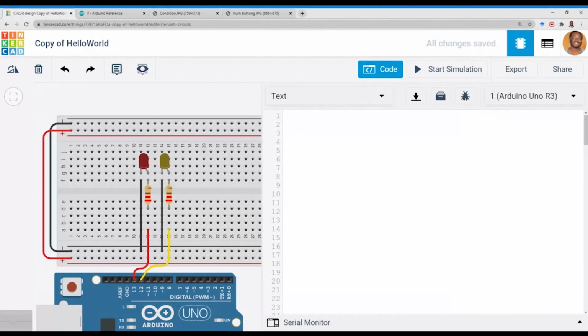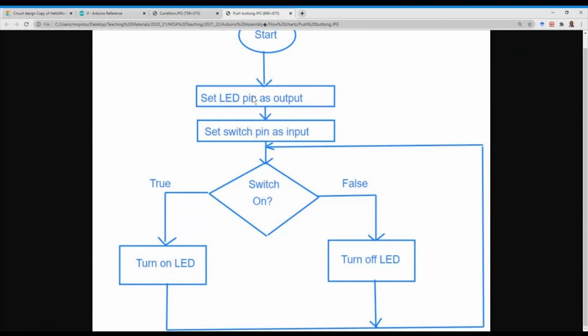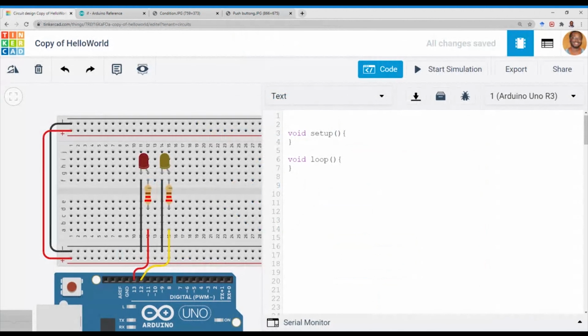So as usual, you start with our two functions. So we have void setup and void loop function. So as we expect, we set the LED pin and then the switch pin. So basically let's define our LED pin. So LED pin, go to pin 13,